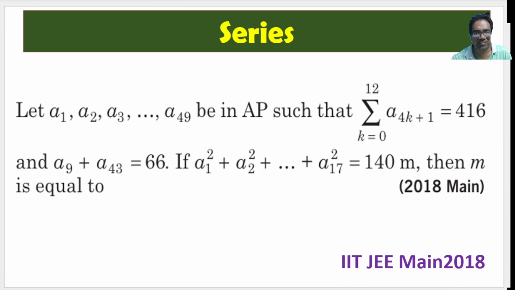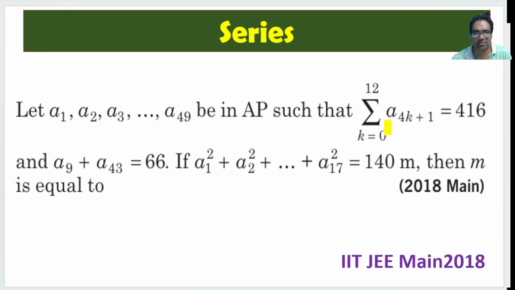Yes. Here we have 49 terms in arithmetic progression: A1, A2, A3, likewise up to A49. They are in arithmetic progression, such that the sum over k equal to 0 to 12 of A(4k+1)